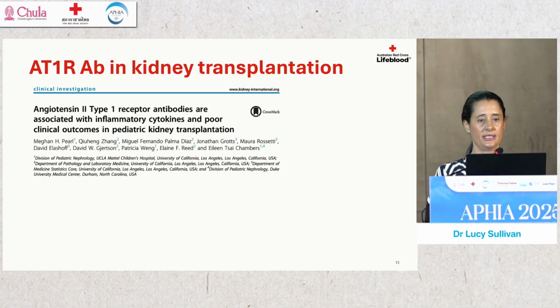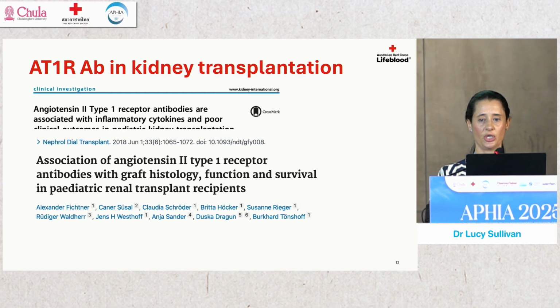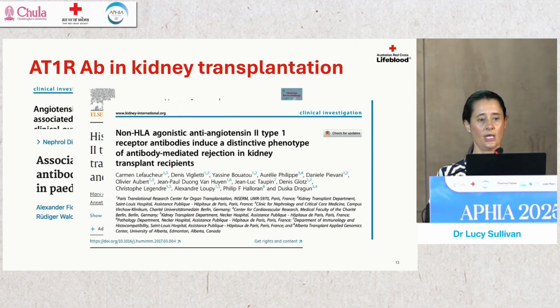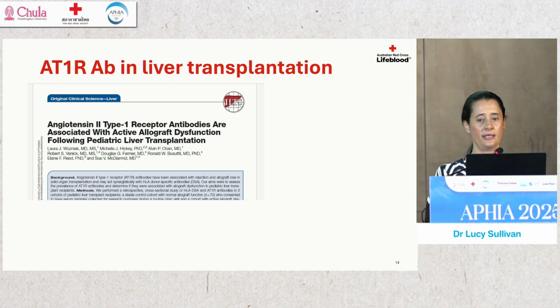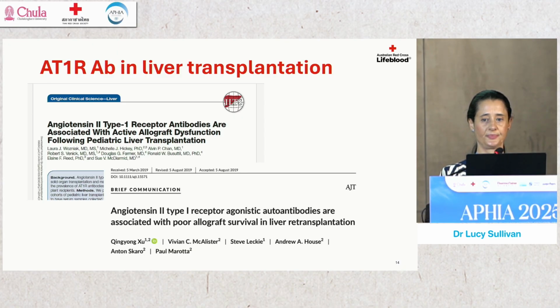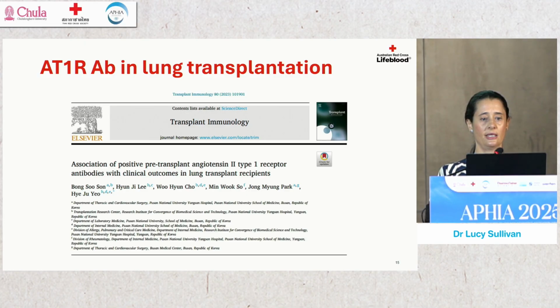Since this study, there have also been a number of other studies supporting that high AT1R antibodies in kidney transplant are associated with poor outcomes. I'm just showing you a few here. And likewise, there's also been a publication showing that high AT1R antibody levels are associated with poor outcomes following liver transplantation. There's also just one paper published so far that shows that high AT1R antibodies are associated with chronic rejection in